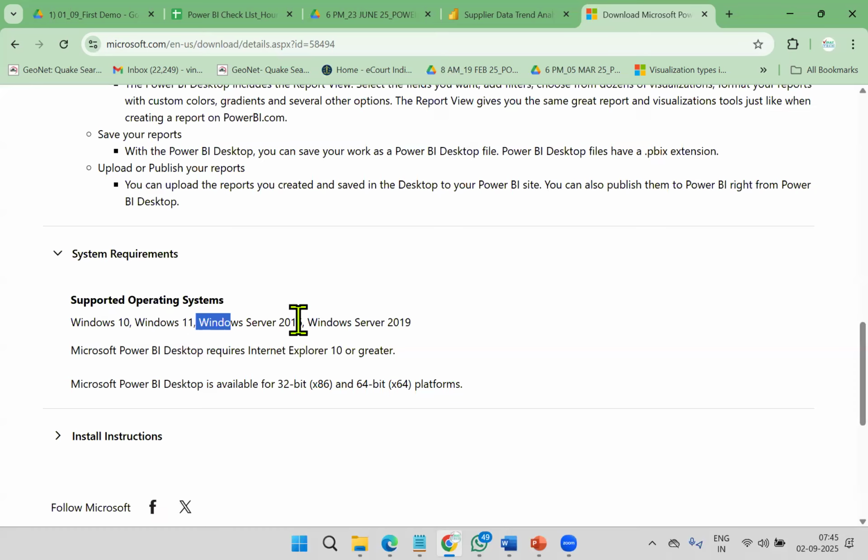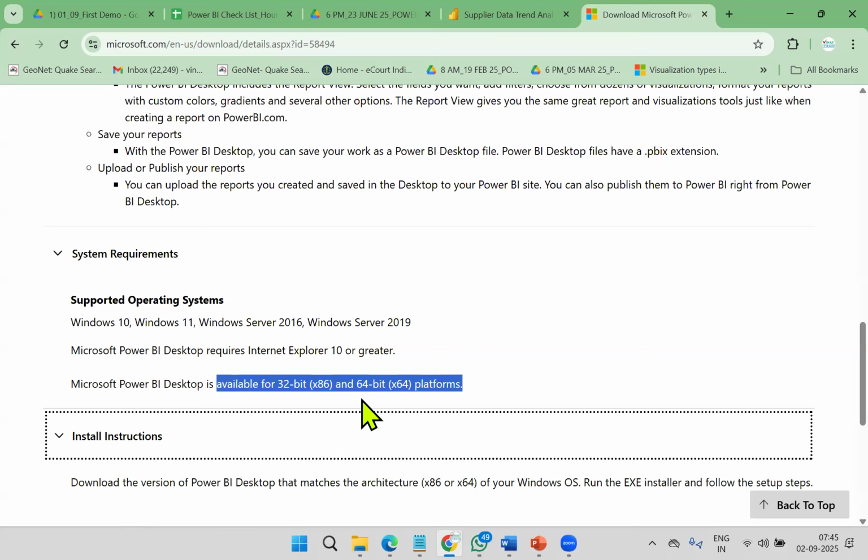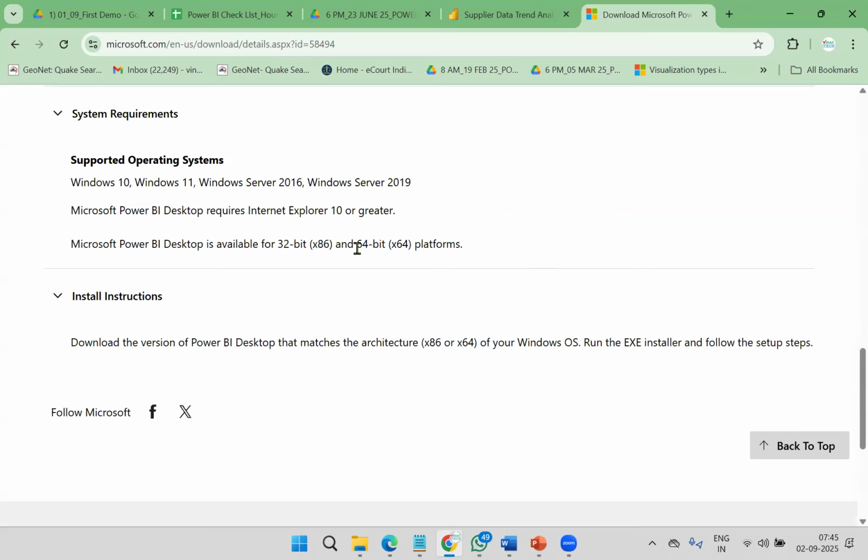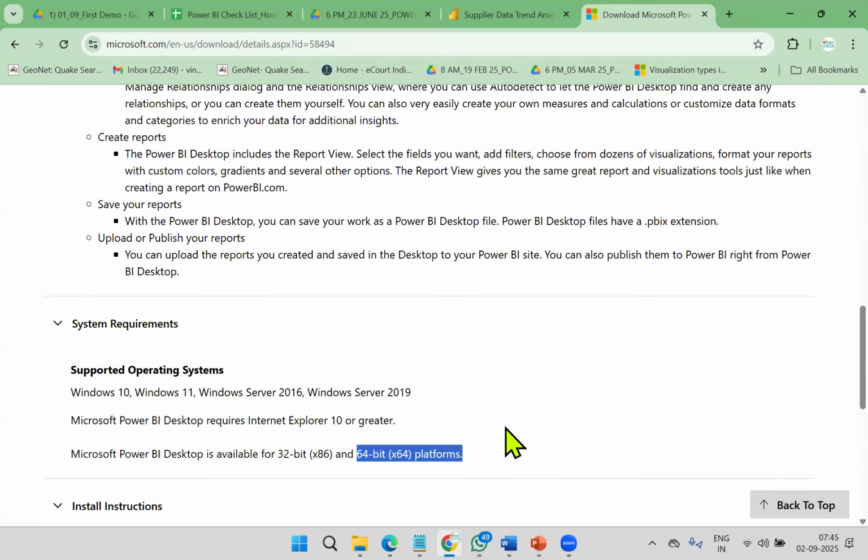And these are server requirements. At company level, we maintain servers and server requirements. And desktop is available for 32-bit and 64-bit. And the current software which I need to install is 64-bit. How to install? Simply, they guide it here. And don't ask anyone, just go to Google, Google it, listen to the instructions and follow them.